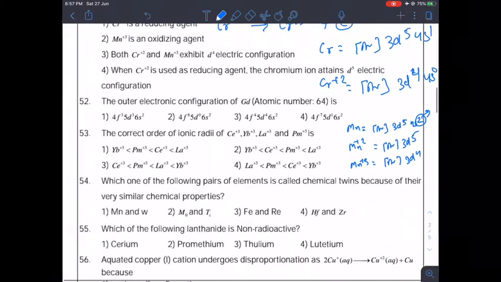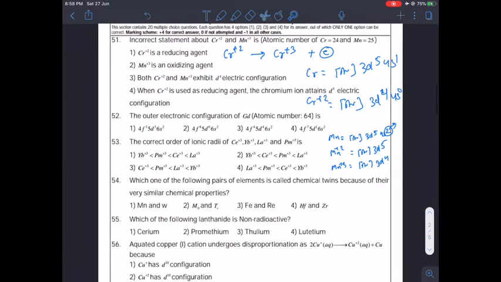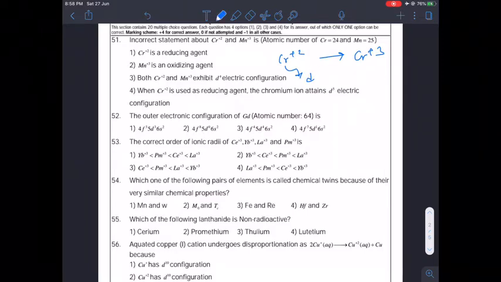So is that statement correct? Yes, because Mn plus 3 is D4 and chromium plus 2 is also D4. So by default the fourth option becomes wrong. We can verify that also. Chromium plus 2 prefers to go into chromium plus 3. What was the configuration of this one? It was D4. Where will it go now? It is further losing one electron, so it will be D3. But what they have written here? D5. Is it correct? No. So that's a wrong statement, and that's what they are asking. As per this question, the correct answer will be 4.